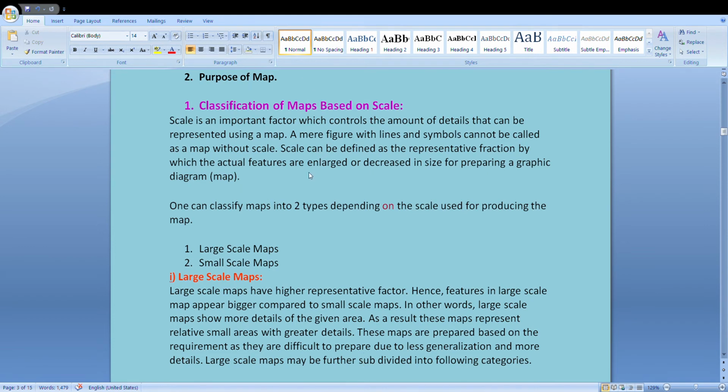We prepare our maps on the basis of scale. If you have to prepare a map of your room, and your room's length is 15 meters and width is 12 meters, you can't draw a line of 15 meters and 12 meters, so you have to reduce the scale. You can draw lines of maybe 12 centimeters and 15 centimeters. So here the scale will be 1 centimeter representing 1 meter. You have to reduce the scale to make maps, because you can't make maps of the earth as it is. The places are very big, and it's very difficult to make a map.